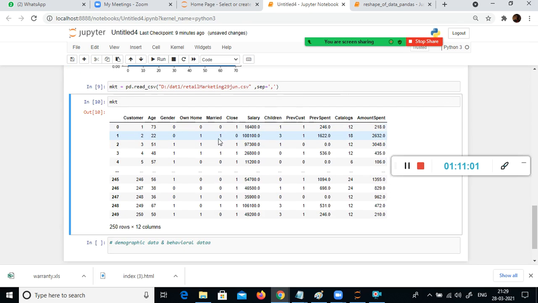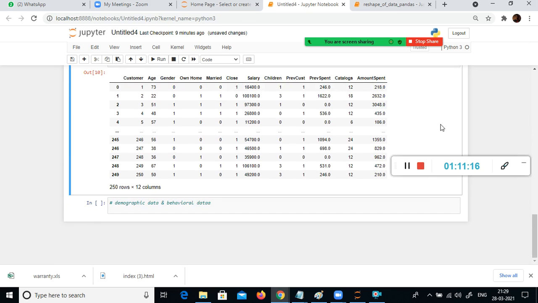The whole idea is, this is my marketing data set. The retail store is spending money by sending catalogs to their customers. So whether sending the catalogs really has any influence on the amount spent by the customers.